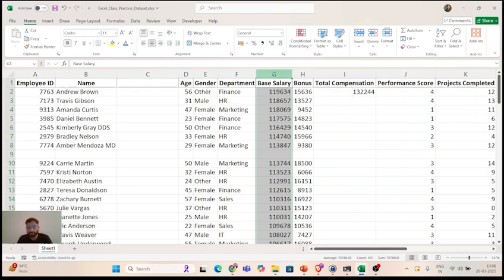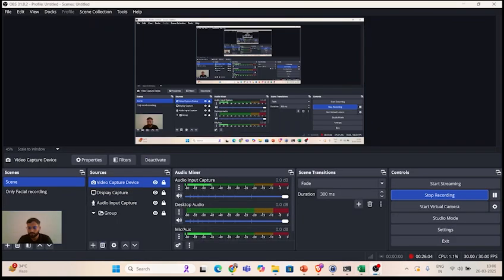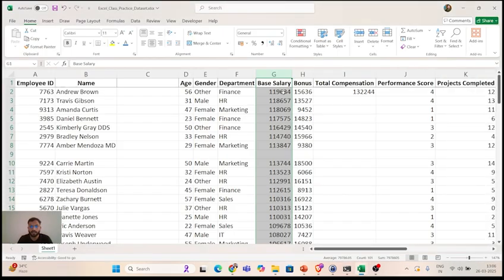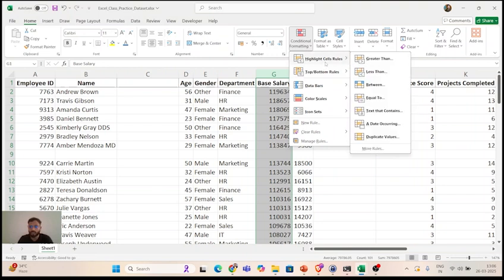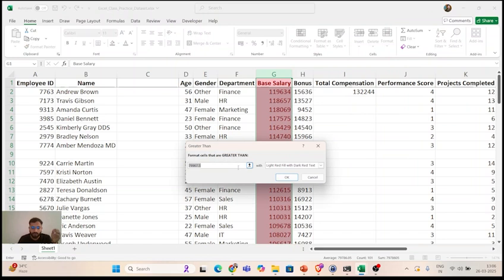Example, see, base salary. I want to highlight this, let's say conditional formatting, highlight cell rules. And if I go to greater than, maybe you can see less than 1 lakh, greater than 1 lakh, between 90,000 to 1 lakh 10,000, whatever amount you want, equal to something, or text that contains, a date occurring between, and duplicate values. Let's say currently I want to highlight greater than. Then what value? So randomly it is taking, I think, the mean of the column.